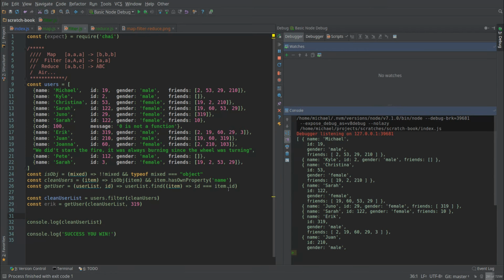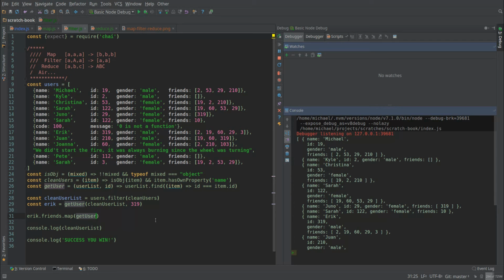Now we're going to take the user and we are going to filter down his friends. Let's pretend that Eric's looking for a girlfriend. So he's going to filter his friends down to just females. First, we'll have to get these users. And we're also going to use filter for that. Oh no, we're going to use map and getUser because we know how to map, and we now have this great function called getUser. So we're going to take Eric's friends and we're going to map to